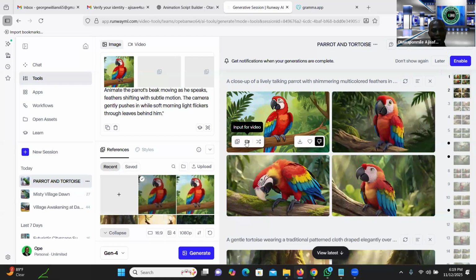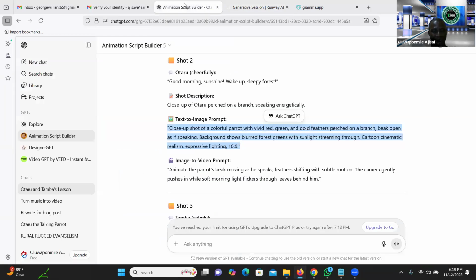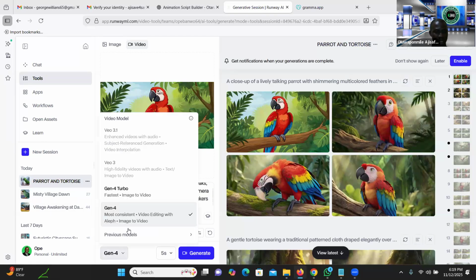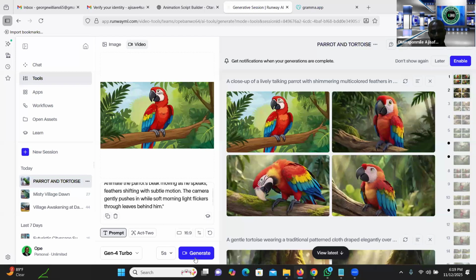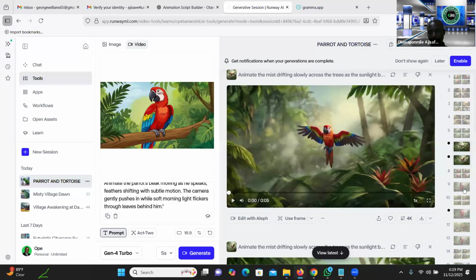Then you click input for video, and you go back to ChatGPT where you have your image to video prompt. You copy it, take it to this place, and paste it here, like we normally do. You can clear the one that was there and paste the new one. You change this, and then you click generate. What you will have is the video clip of that parrot,